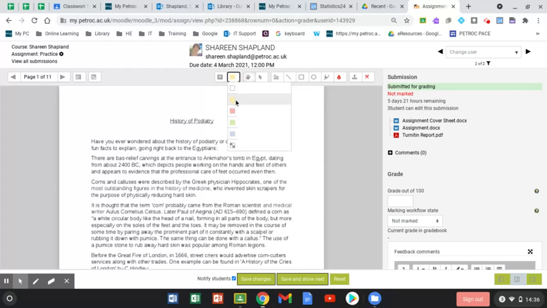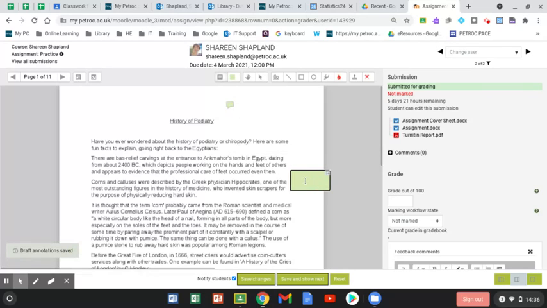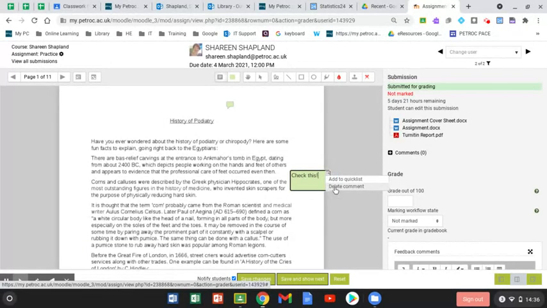So you can select a colour here, maybe put a little box in there so that you can add a comment. And you can do this throughout the document, so that when the student hovers over the little comment speech bubbles, they will see what comment you have provided. And if you want to change that comment or delete it, you can do a quick delete comment there and